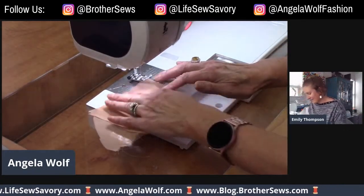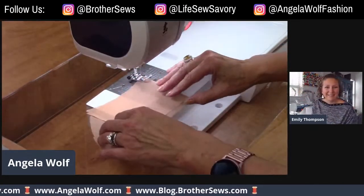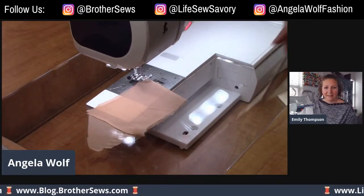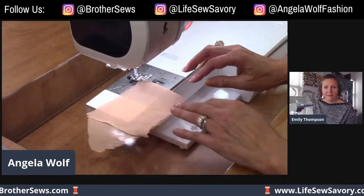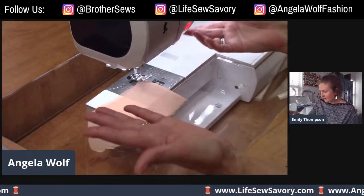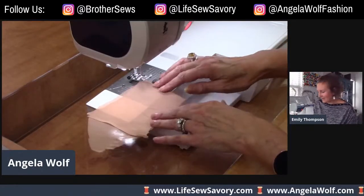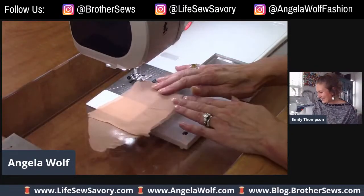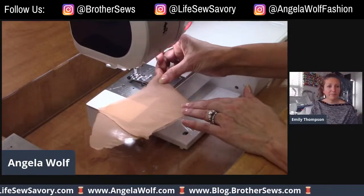It's so funny you say that, Emily, because a lot of years ago I never used it. I use a lot of silk now, but when I first started sewing many years ago, I got all these things in the box. I had no idea what they were. Exactly. And that was one of them. So I just store them. Usually I don't use a single plate all the time, but if you're using a thin fabric like this,